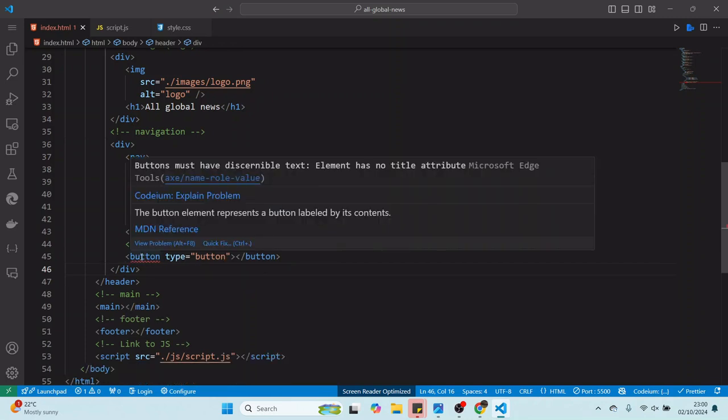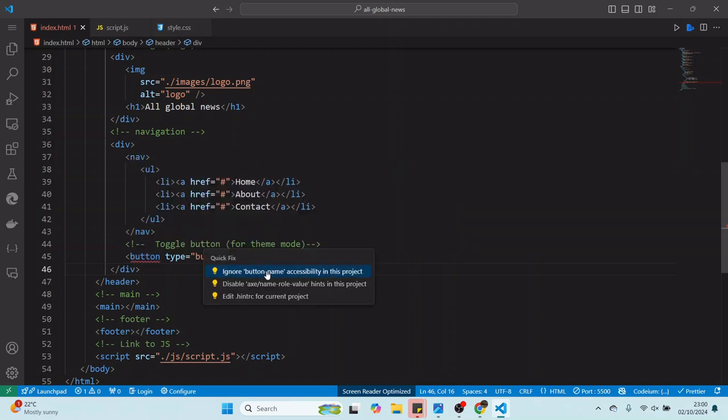So about this error, if you are using VS Code, just go and press disable here. This will disable this error. I'm not sure if you will see this error from your end. All right, so